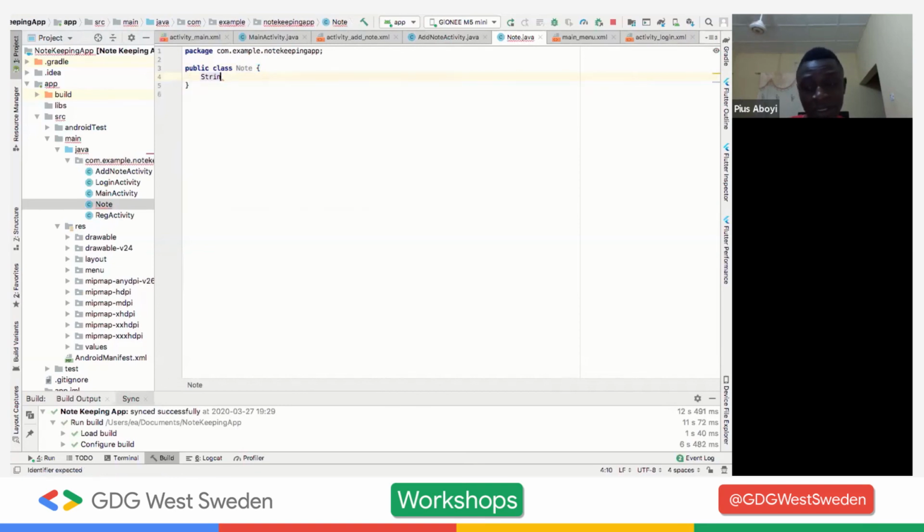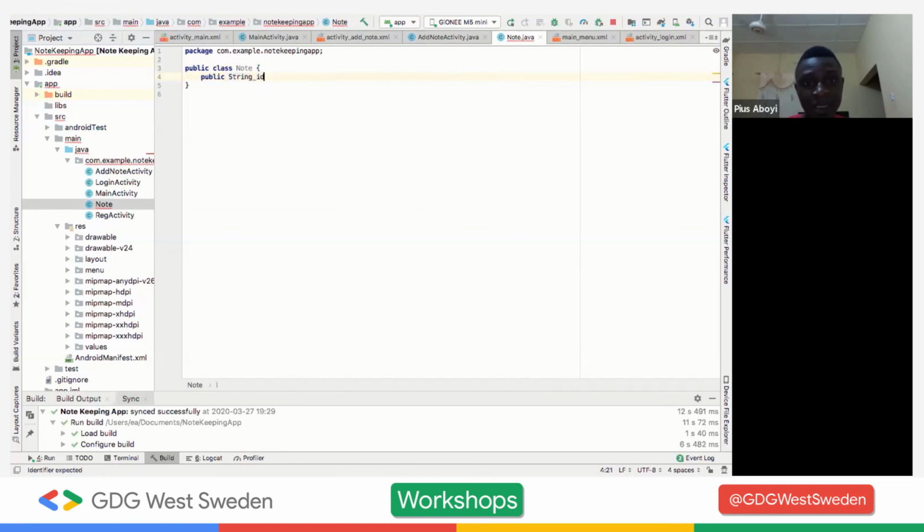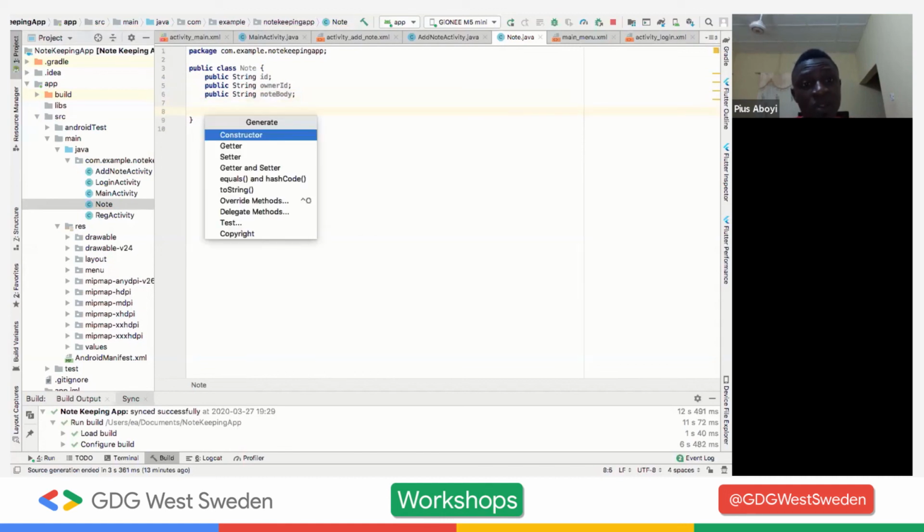So we can say public string ID, public string, let's call this owner ID, and let's call this note body. If you're building something bigger, you could have more fields or other information. So we need to create a constructor,